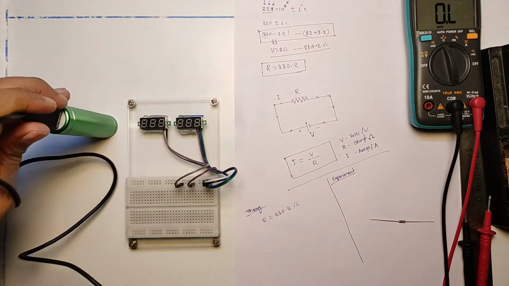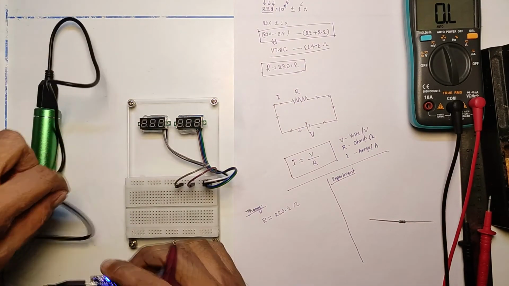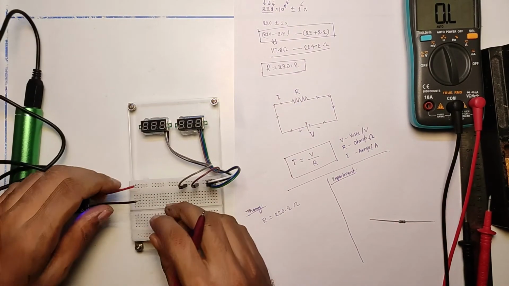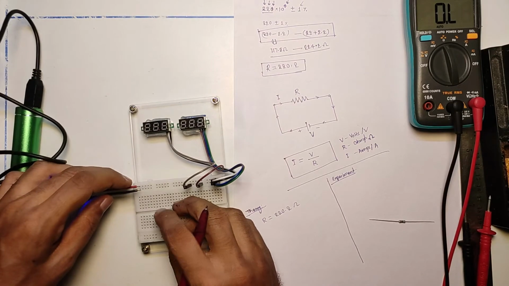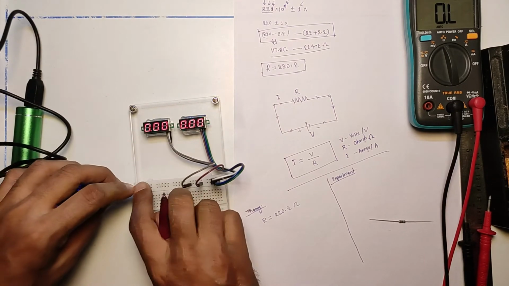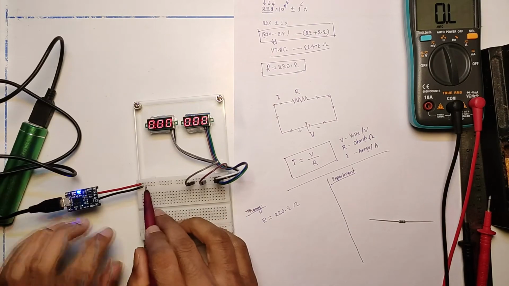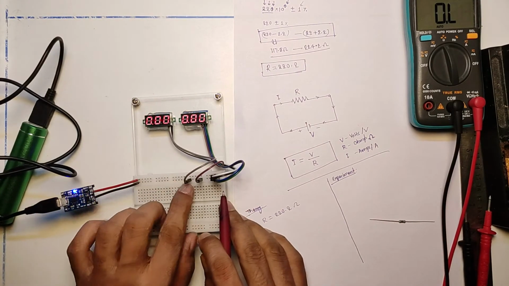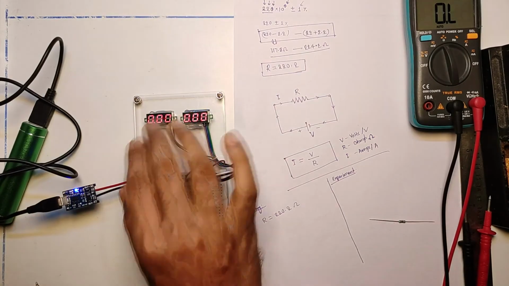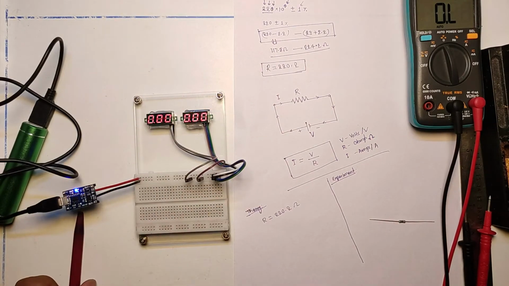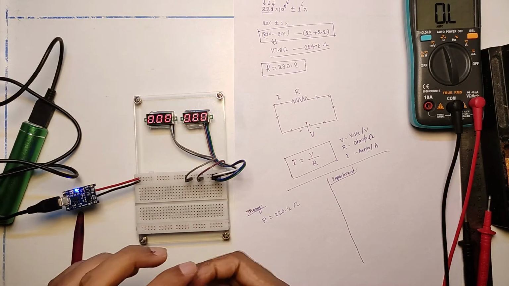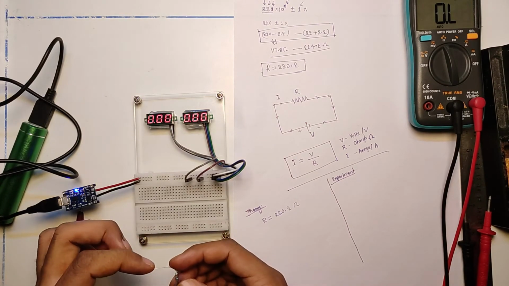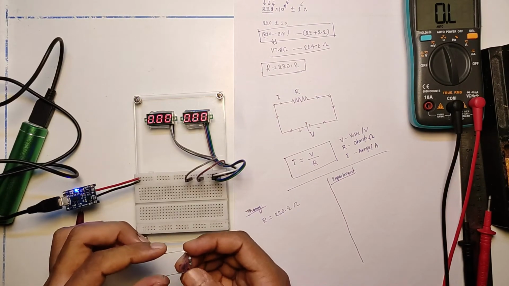You can see it's a data cable, and this is actually a lithium battery charging board. I'm not using the charging function. I have just tapped out the voltage from the connector, so I will be getting 5 volt here. I have connected it. We got the power. I will connect it to the breadboard, the top rows. So we got 5 volt here. This first row is the 5 volt and the second row is the 0 volt. I have connected these probes to the 0 volt, so both digital meters are reading 0 volt, right? Now I have to connect this resistor to the breadboard. I have just folded the leads like this so that I can easily connect it.